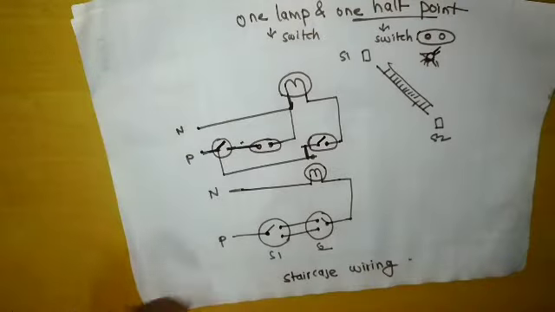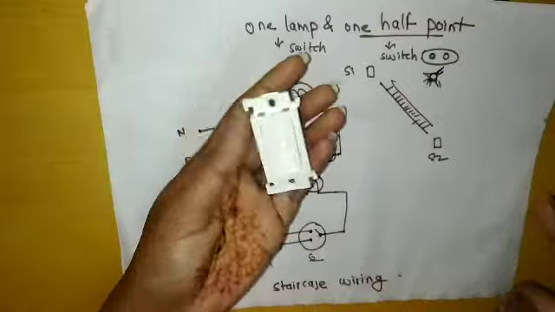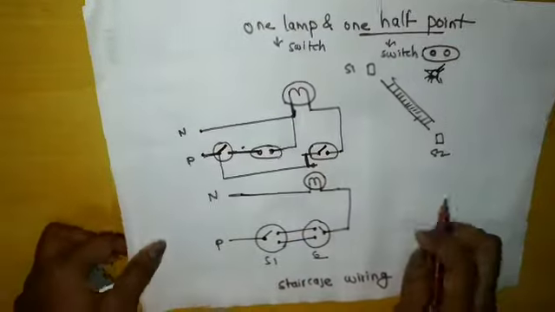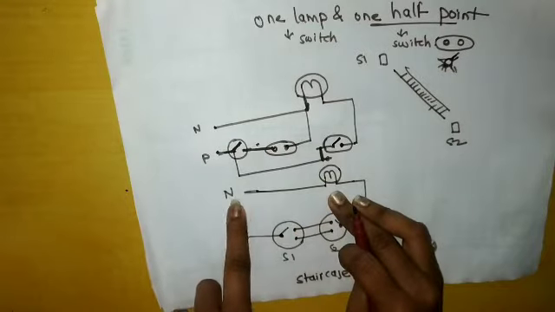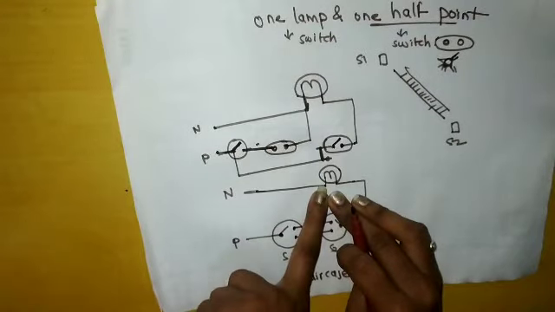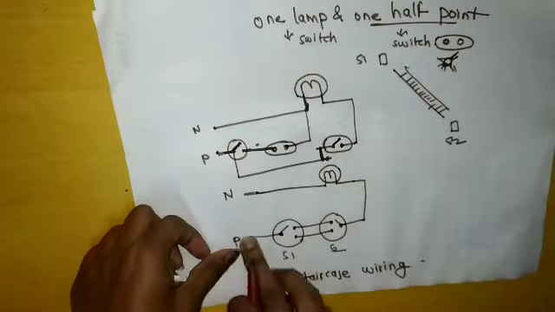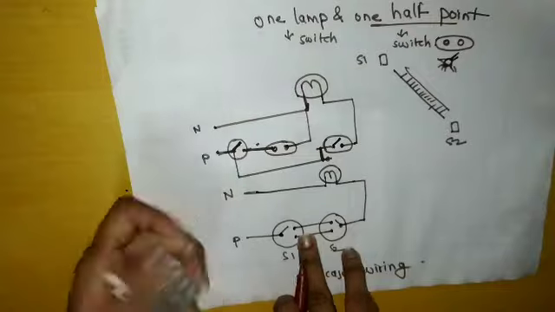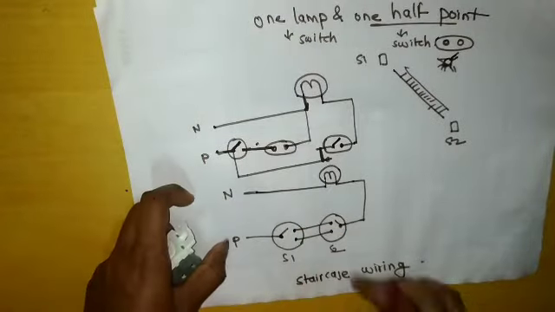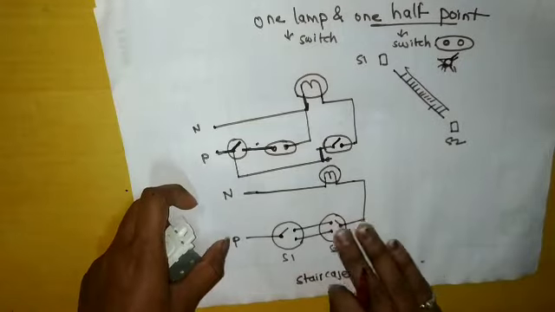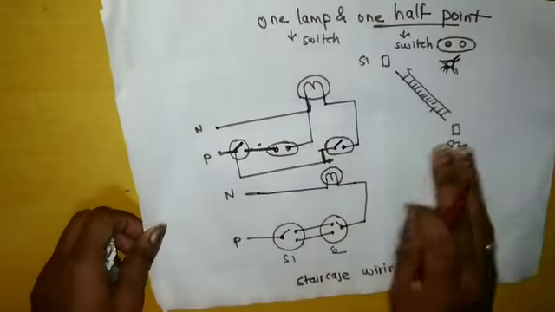Now this is the common point of this switch. This is the switch we are going to use here. This is our bulb, that is the appliance, and we have to give neutral. So I have provided neutral, and for the switches we have to provide the phase. I have provided the phase here, and these 2 terminals are directly connected. There are different ways of connecting staircase wiring, right? This is the one they have given in your textbook, so we'll just learn this.